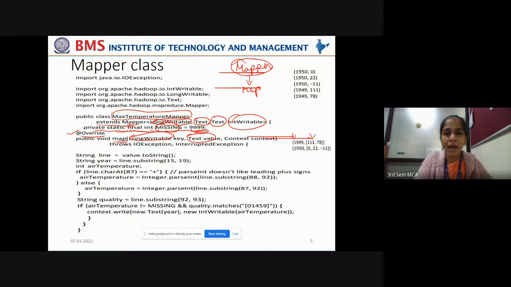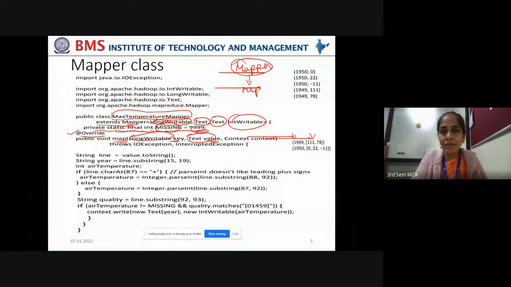Now, what kind of input does this map function take, what kind of parameters? This map function takes a key and a value. You know that any map function works on key-value pairs. Now what is the data type of the key? It is LongWritable. Why do we take LongWritable?